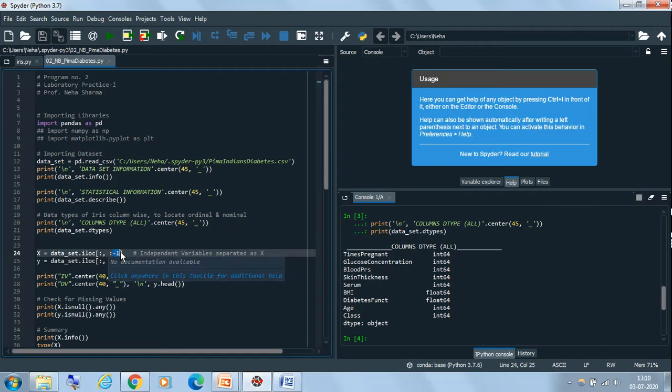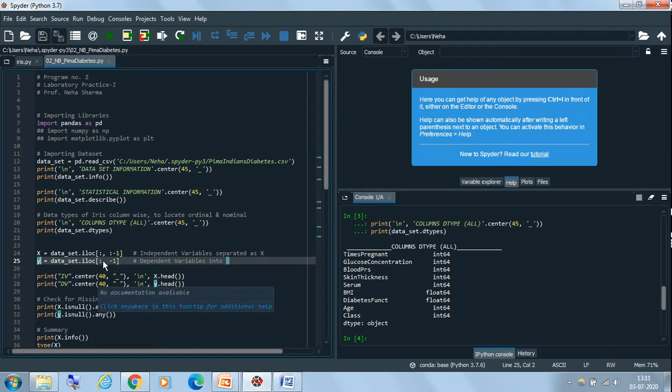So in x now we have all the rows and all the columns except the last column, right? Similarly for y, the first parameter remains as it is, that is only a colon, comma, and I only want the last column, all rows but only the last column, that is why only the value -1 is mentioned.